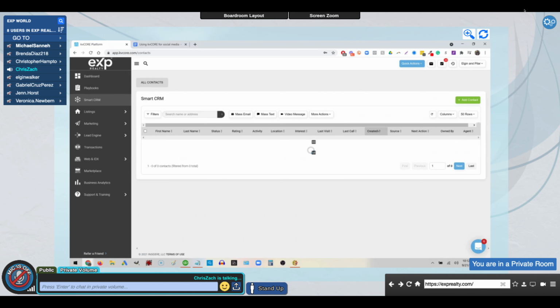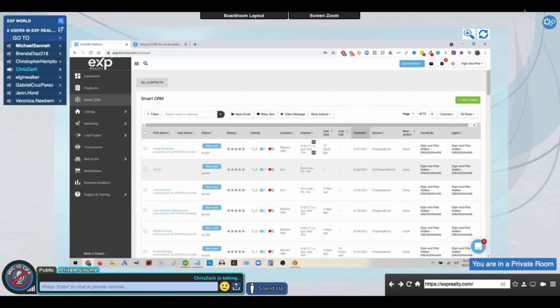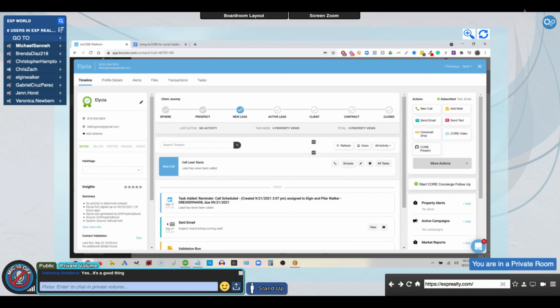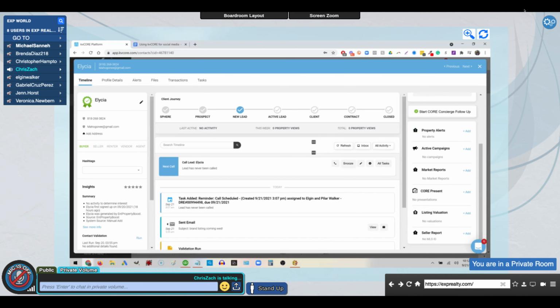Now, let's get into a few others. And these are kind of service tools. So using KV Core, you'll notice anytime that you're in a lead profile, over here on the right side, you've got property alerts. You've got market reports. Now, I'm not sure if you guys have all seen what the market report is, but